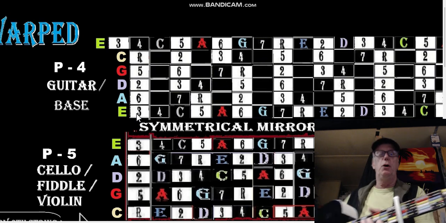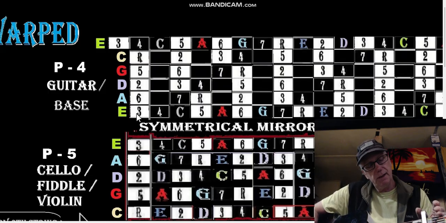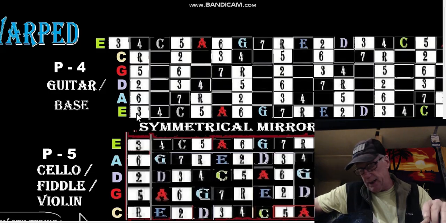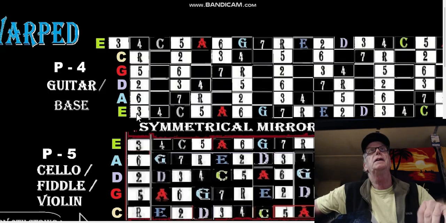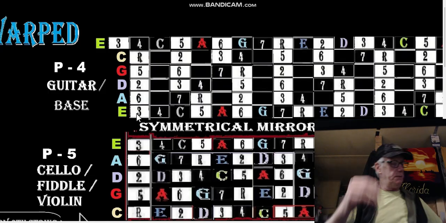Luckily, Mr. Capo is right on that E, so it's E, A, D, G, C. Now this one's tuned to B and E, but it would be like this. There's your C, and there's your E. That would be P4 tuning. It's very important to understand